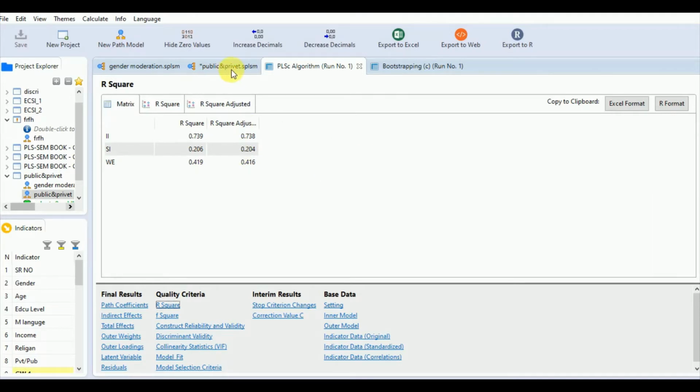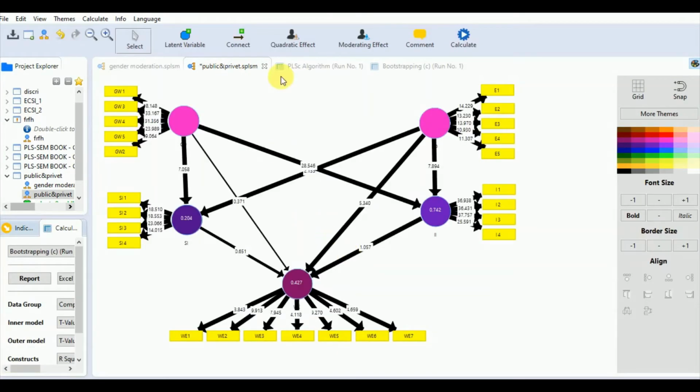2012. So we can see that in our sample, for our study, the R-square value, or the explanatory power of our model for our main endogenous variable, is 42.7%. But the thing is that the R-square is actually a function of the number of predictor constructs. The greater the number of predictor constructs, the higher the value of the R-square. Therefore, the R-square value should always be interpreted in relation to the context of the study, based on the R-square values from related studies and models of similar complexity.